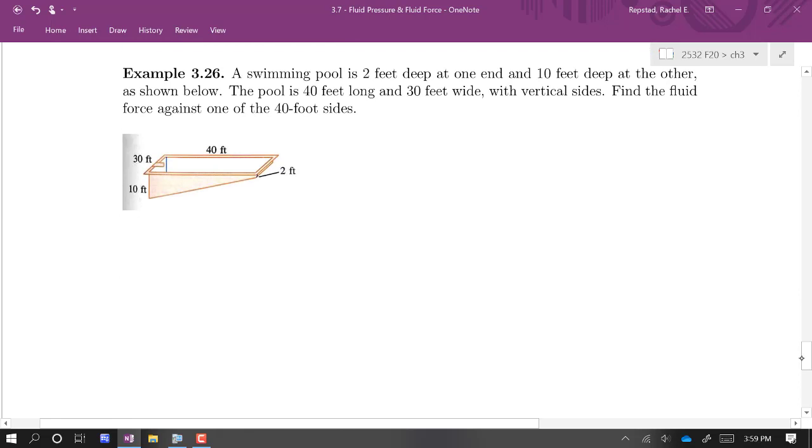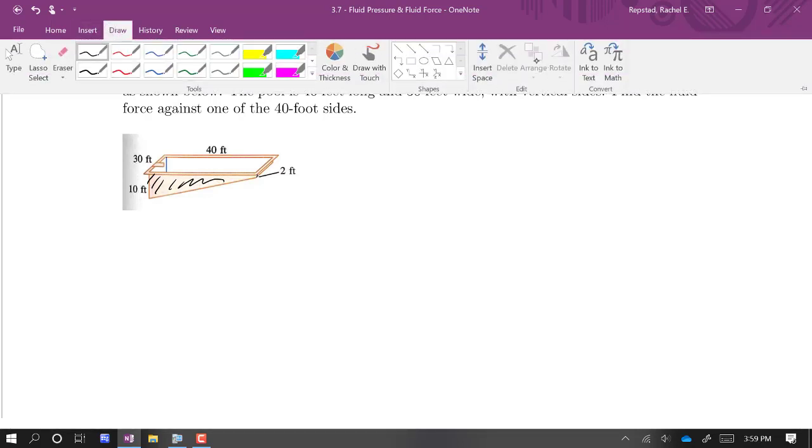Alright, let's do one more problem here to finish up this chapter. This looks like it'll take a bit of doing. We've got a swimming pool that's 2 feet deep at one end, 10 feet deep at the other end, and it's 40 feet long and 30 feet wide with vertical sides. We want to find the force against one of the 40-foot sides, so that's this side right here that we're looking at. I'm going to begin